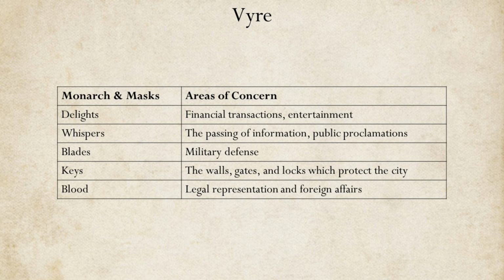Notably, the 5 monarchs are not elected. When one monarch is deposed, for one reason or another, their position is vacant until some power player in the city collects the social, political, and financial capital necessary to seize and hold the title. It is up to a monarch to defend their title from all other claimants.